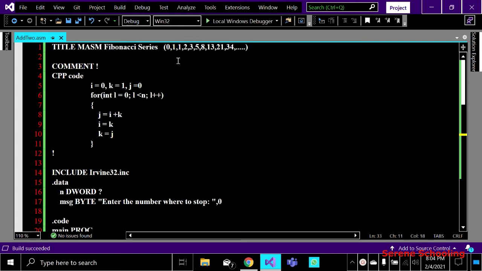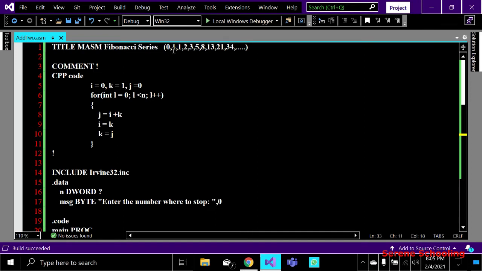Maybe you are already familiar with the Fibonacci series. We take the first two numbers, 0 and 1, as they are, and when we take the sum of these two numbers we get 1. Then again we take the sum of this number and its previous number, that is 2. Then again the sum of this 2 and 1, which is 3. It means that each number is the sum of the previous two values, but these 0 and 1 we have to take ourselves.